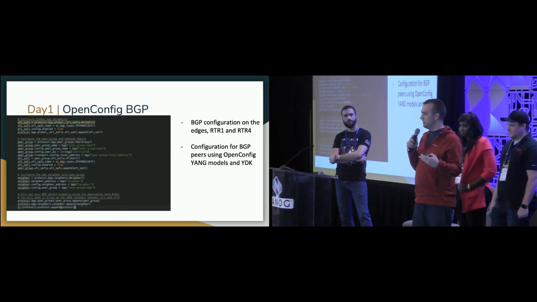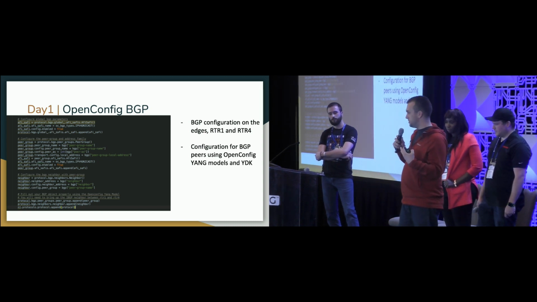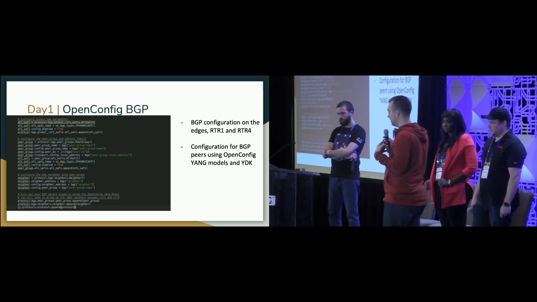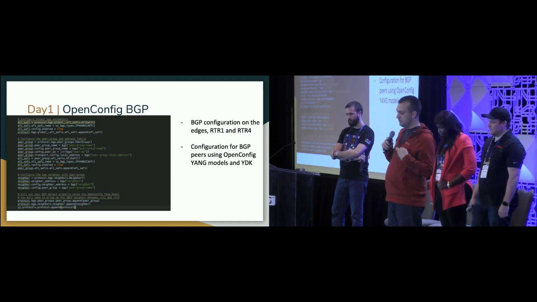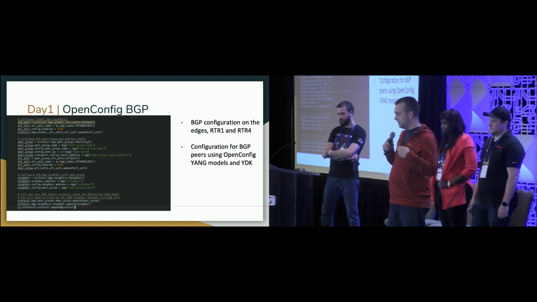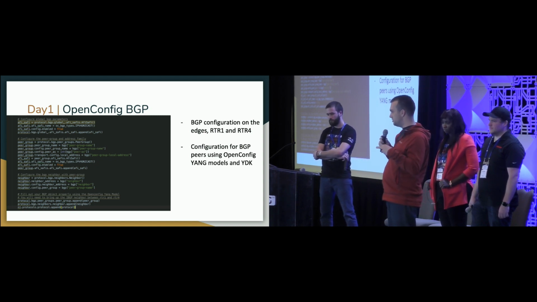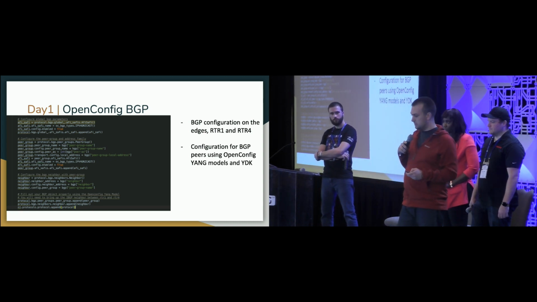So for what we call day one, the goal was to turn on all the BGP configurations, and the requirement was to only use OpenConfig interface. So the team had to come up with the Python code that will load the Yang models and be able to do that, and have then an integration and package that as an Ansible module. So we were able to do all of that.